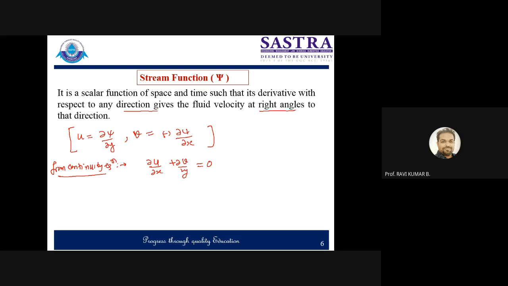Now substitute the value over here. The moment you substitute on the left-hand side, you will get ∂²ψ/∂x∂y, and on this side ∂²ψ/∂x∂y, which is exactly equal to 0. So we can say that ψ satisfies the continuity equation. So it is a possible case of fluid flow which may be rotational or irrotational. So you can write the statement here: ψ satisfies continuity equation,